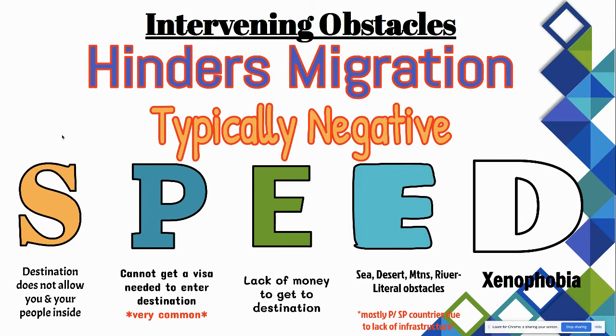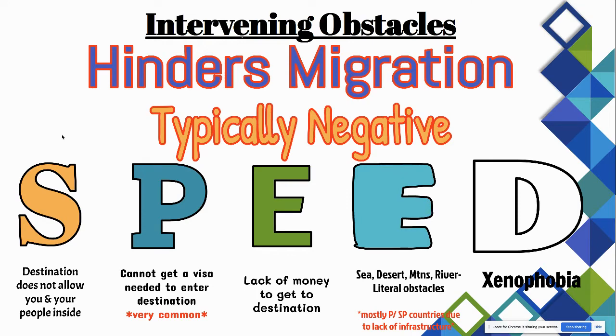Okay. D, kind of stretching it here, but one of the ideas with D is demographics. So maybe one of the things hindering your migration is that the country you're trying to get to is now xenophobic. Xenophobia is a fear of strangers. One of the things that happened in the United States post 9/11 was a big uptick in xenophobia towards Muslims. As you can imagine, right now, with the coronavirus, there's a lot of xenophobia towards Asians. Okay.